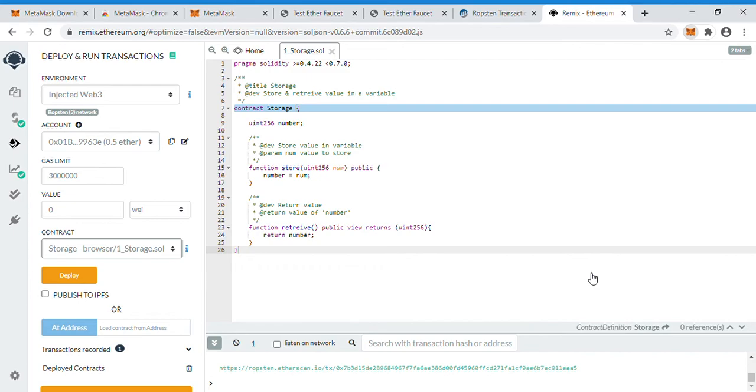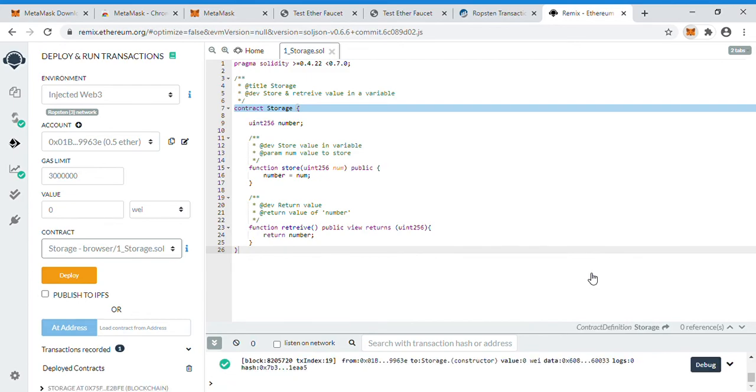Now I'm trying to deploy the written contract in the blockchain, right? So the difference between normal programs and contract programs is that contract programs can be deployed into the blockchain. Now the notification came that the contract deployment is successful. You can click on confirm. So you can see the transaction ID for this deployment and you can view the details on Etherscan.